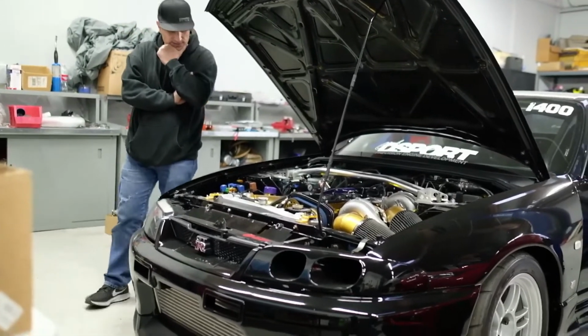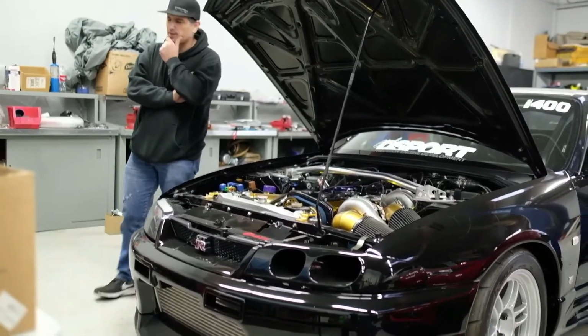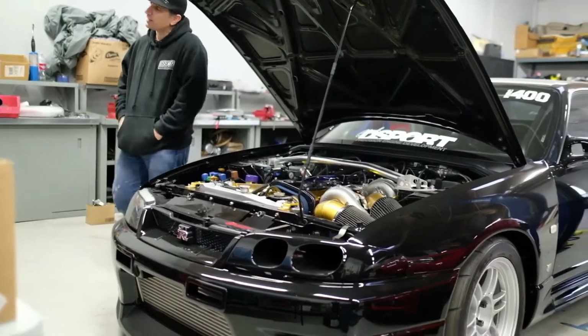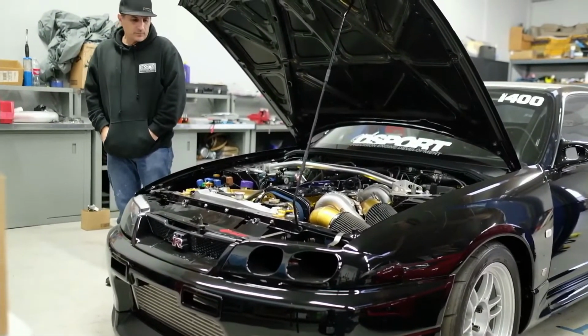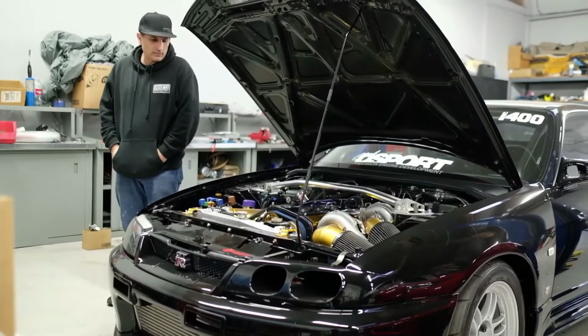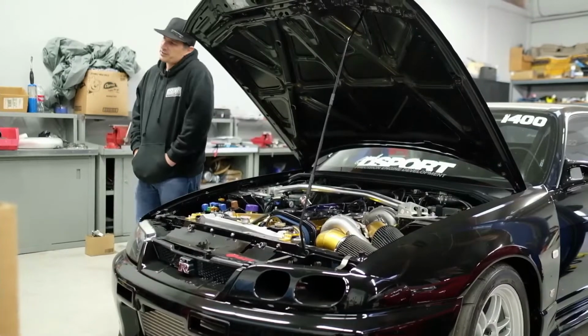I want to say it was somewhere in the neighborhood of around $1,800 before we did the anodizing and all that kind of stuff. And that's been great. It's worked well for us. We're going to, for no other reason than we just want to try it out,